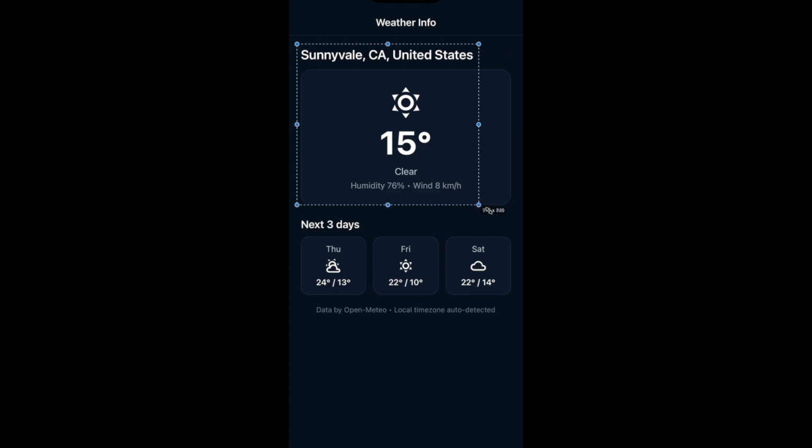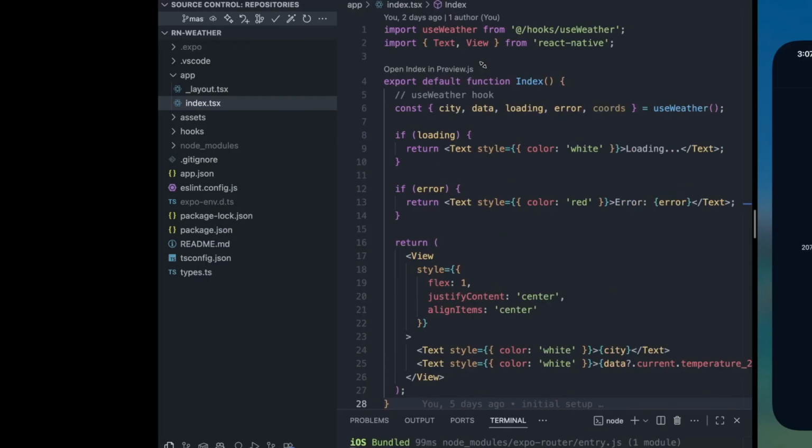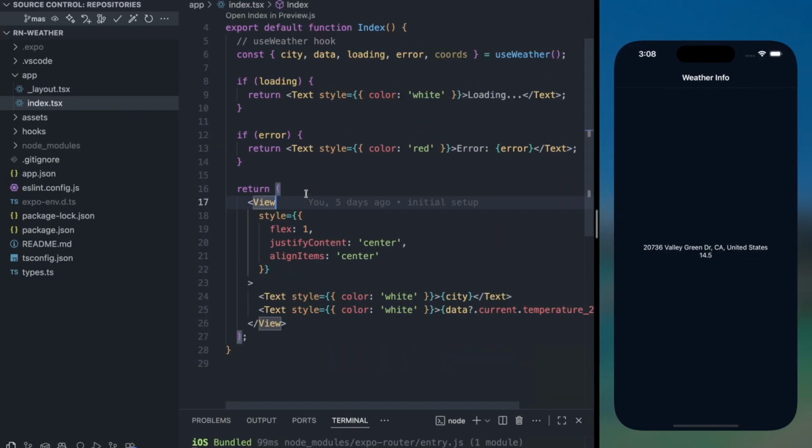Hi everyone, so in this video we are going to create this top view for current weather and we will also implement pull to refresh functionality. So let's get started. So in my VS Code, I will go to my index.tsx file and I will clear